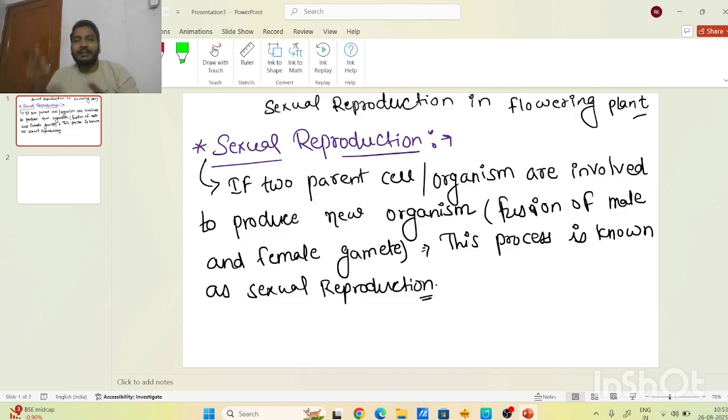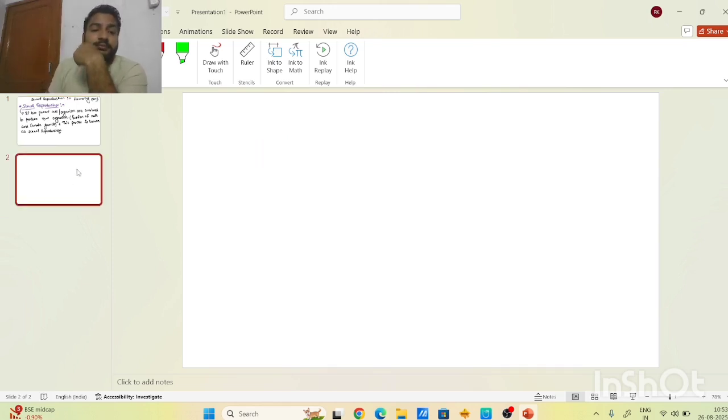The basic need for sexual reproduction is male and female gamete fusion. If the male and female gametes are fused, then a zygote will form, and this process is called sexual reproduction. Okay, now we are moving